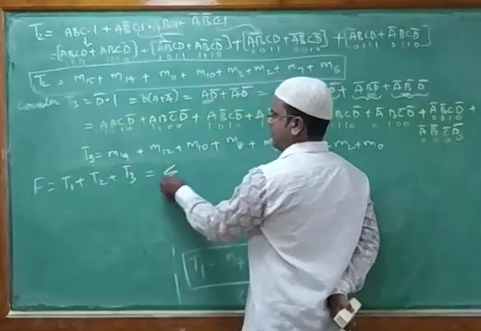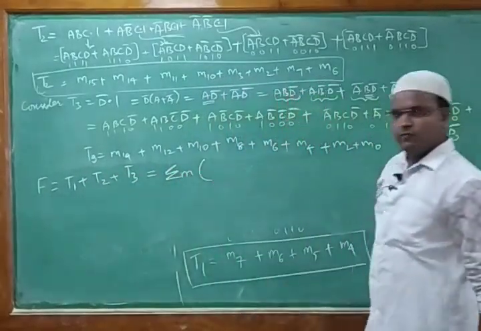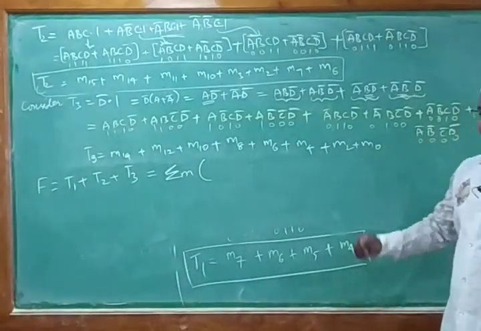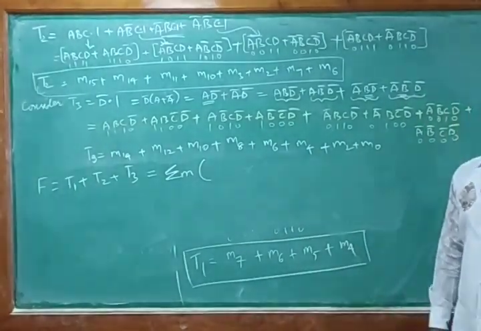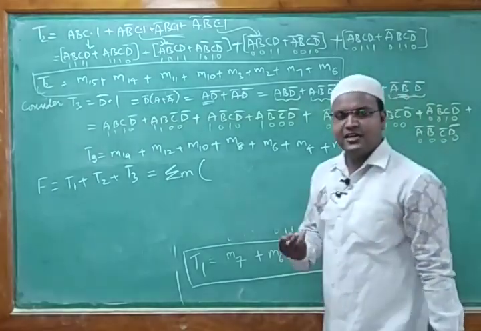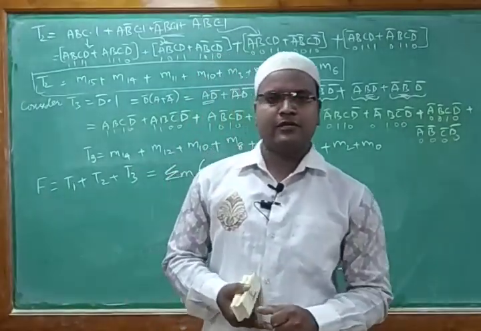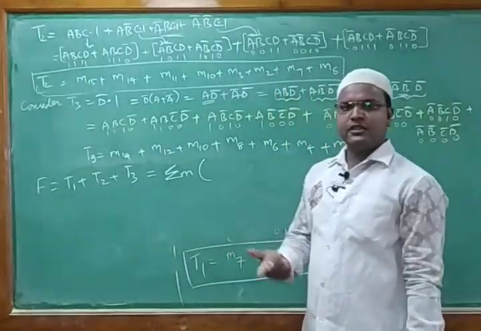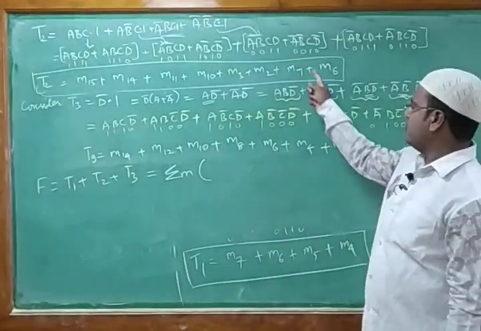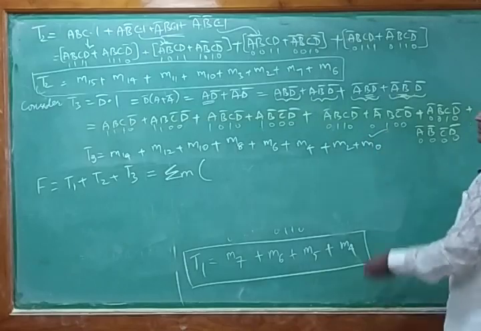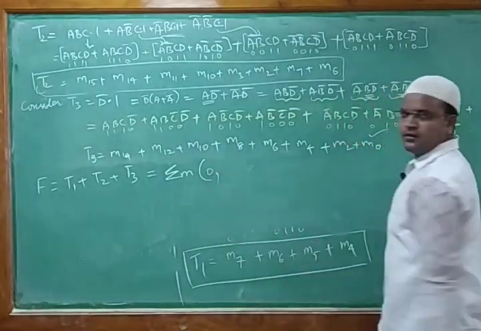In short, I can write summation m of, what is the term 1 values we do have? See, start from 0 because it's a 4 variable, right? We are taking A, B, C, D. It is 4 variables, so in that we want to write all those values. So let us see in term 1, term 2, term 3 these terms are there or not. Like m0. Do we had m0? Yes. Here we had m0. So nothing but 0.